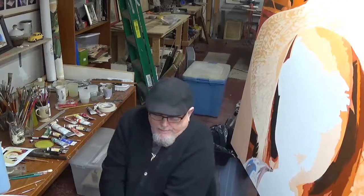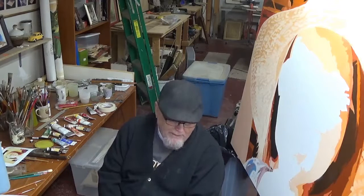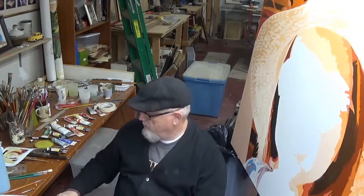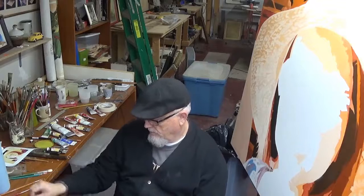So when I start to do a painting, it's because I've come across an image of some kind, photographically, that appeals to me and looks like it will translate well onto a canvas. And I don't usually work this large. Normally my canvases are smaller, like this size. But this one, I had this idea a couple of years ago to do this painting from this particular image. It was from a photograph of a grandchild of my brother's, and